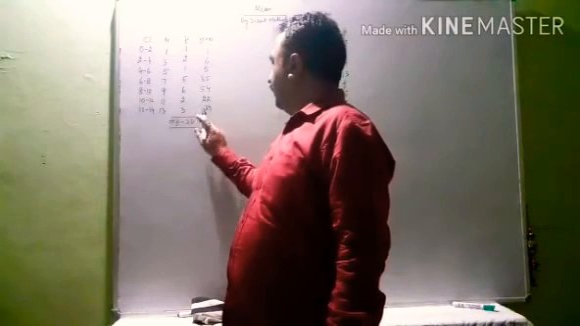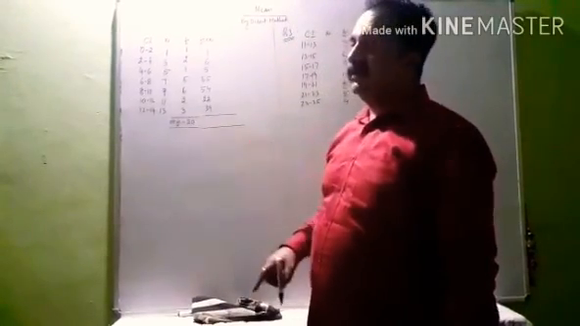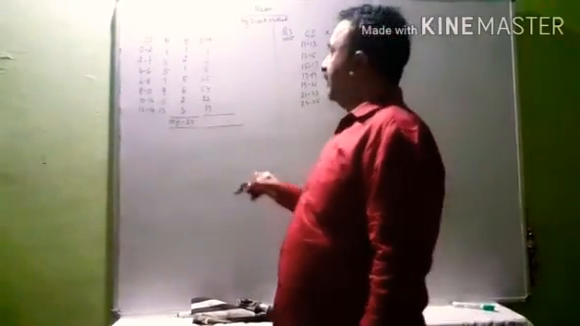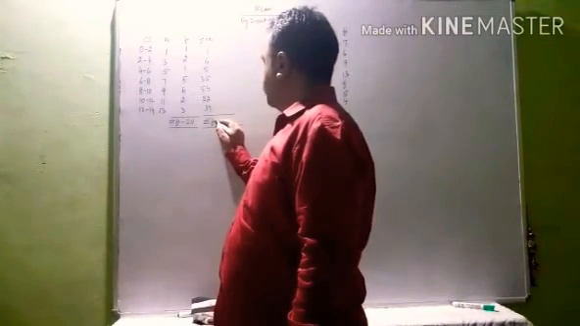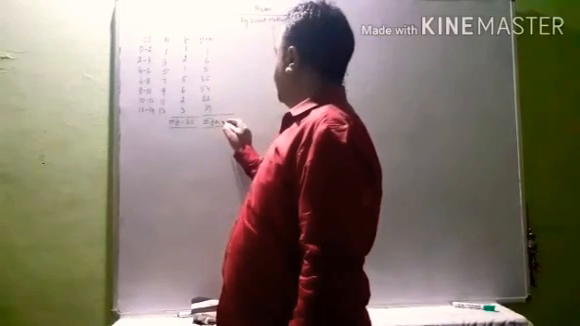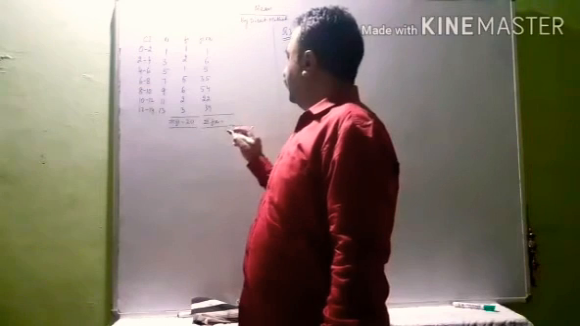Now if you want to find out the sum of all the terms, I am having 20 terms, so the sum of the 20 terms is the summation of all these totals, that is sigma fi xi. Sigma fi xi, if you add them, you'll get